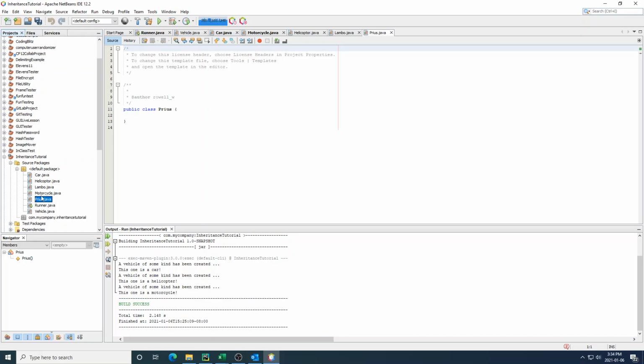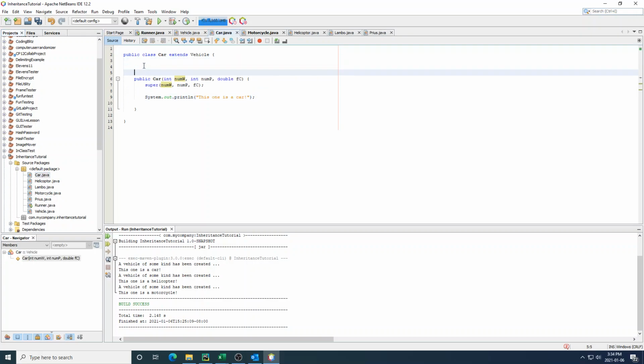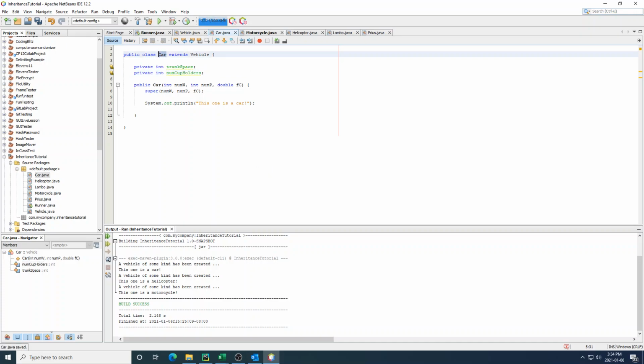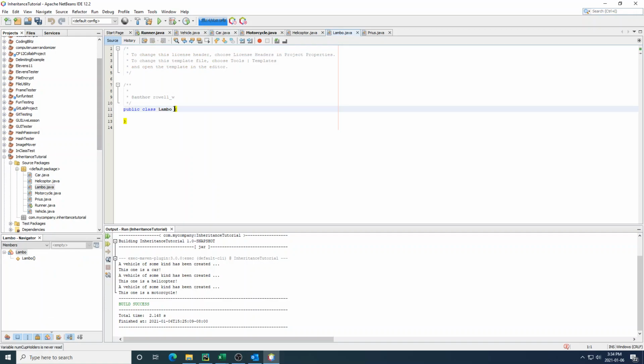In car, maybe defining some of these things that aren't relevant, that I don't care about for all vehicles, but in car, I actually do suddenly care about, I don't know, trunk space. And let's make this just an int for some kind of value, maybe square feet of trunk space. And maybe I have one more thing for the num cup holders. Maybe I care about this for some reason. I can put this in the car class, and now I can make the Lambo extend car,